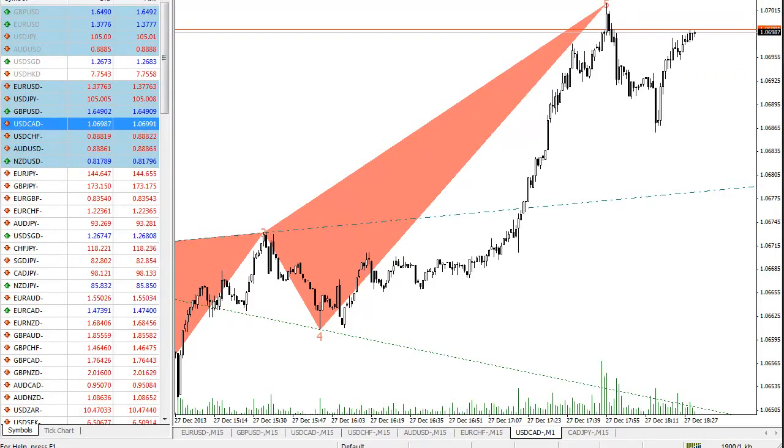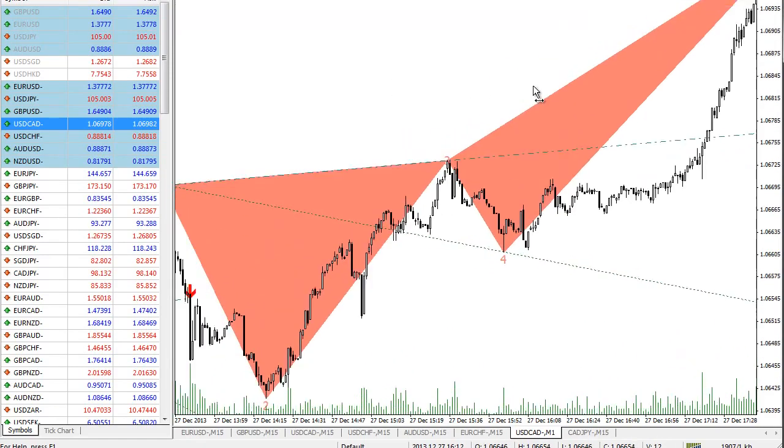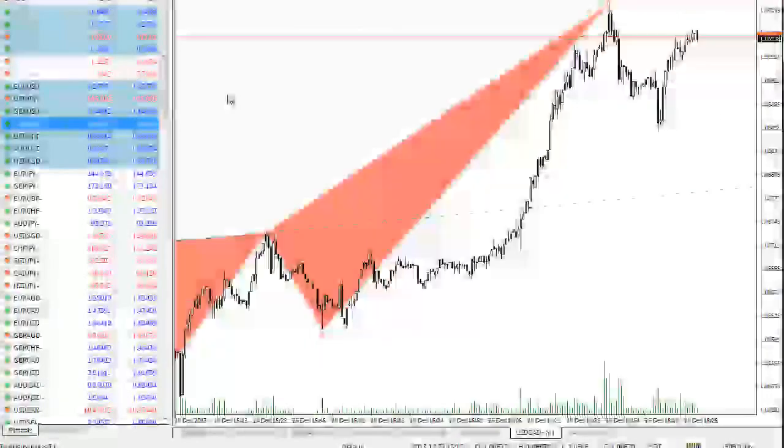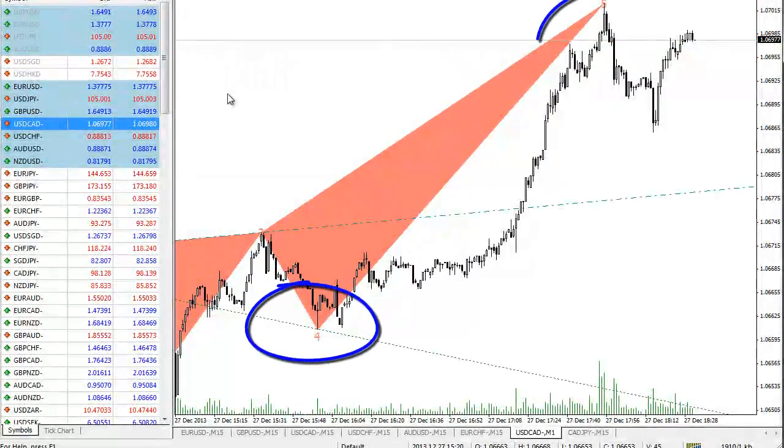Okay, so we're looking at a chart of the US dollar Canadian dollar on the M1 or 60-second time frame, and the structure you're looking at is a wolf wave pattern composed of 5 waves. Wolf waves are yet another extension of wave theory, not necessarily an extension, but they were pioneered by Bill Wolf